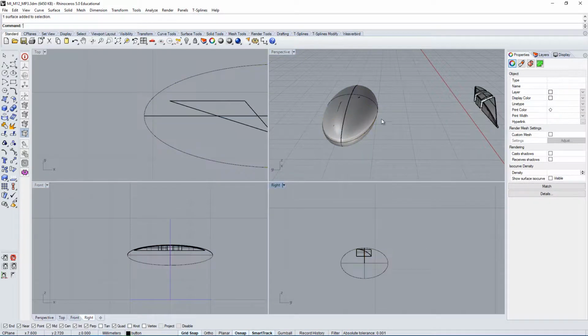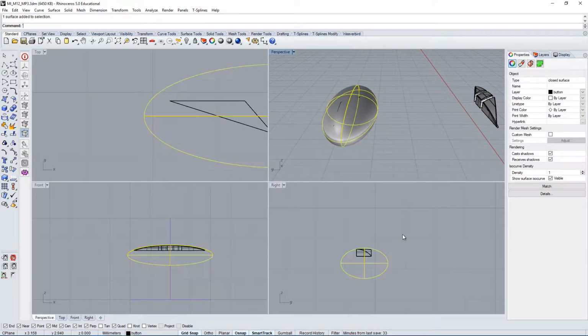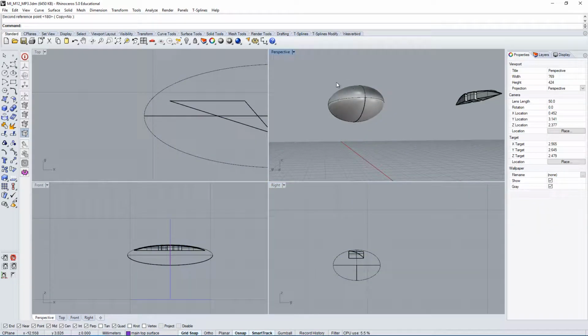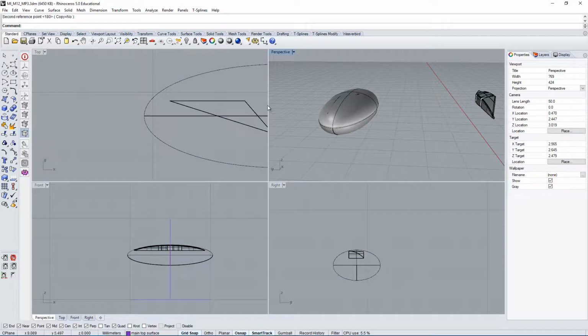So, as I said before, the first thing we want to do here is rotate this object because it has an edge here. So we'll take the object, rotate, and find the center, rotate it by 180 degrees. You can do it manually if you hold shift or just type in 180.